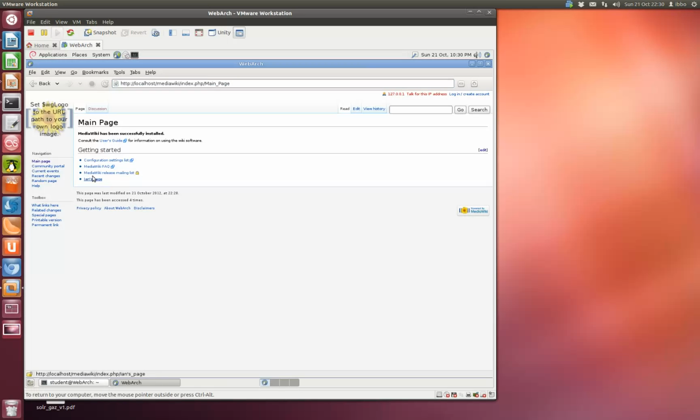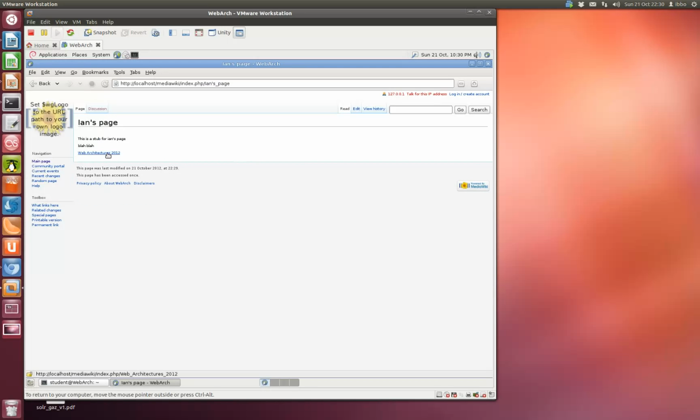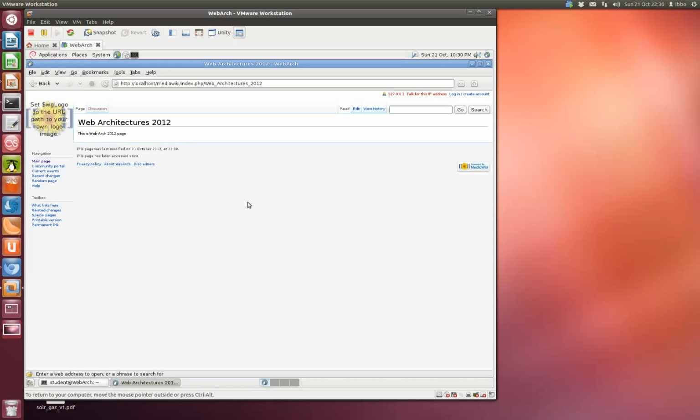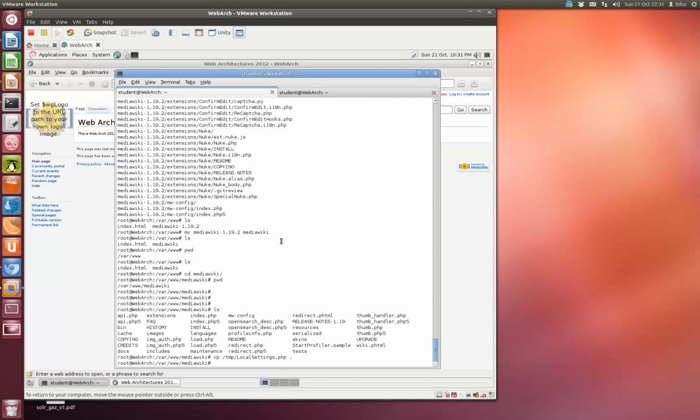Back to the main page now. You'll see that because I've created these pages now, they're no longer red. They're just ordinary links, and you can follow them. So what I'd like for you when you get to this stage is put some content into your own wiki page. Just have a play with it, get used to using the wiki,